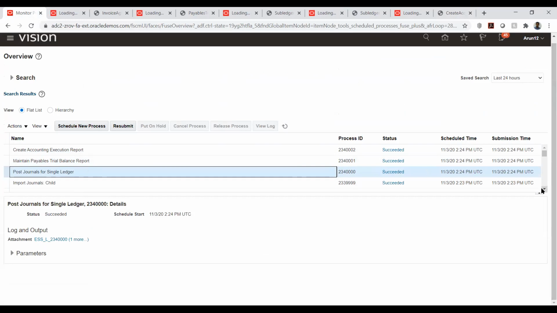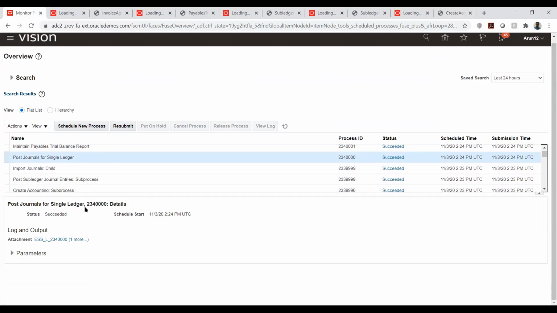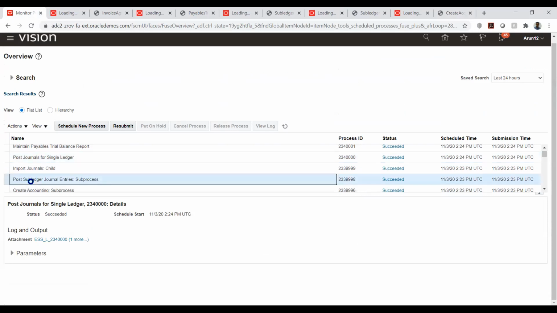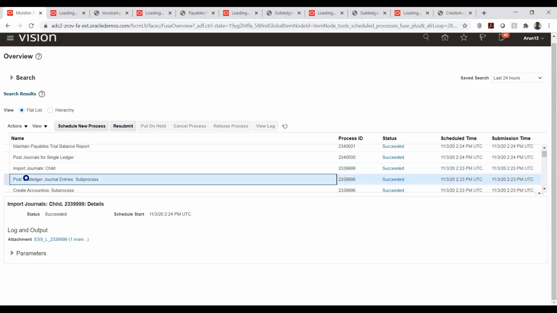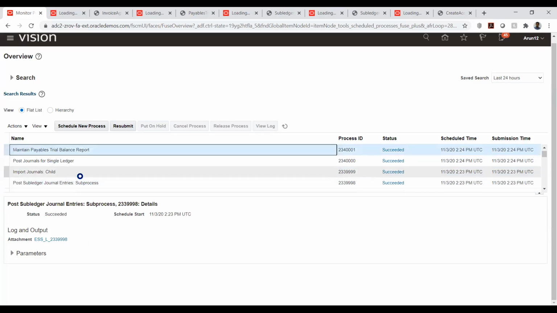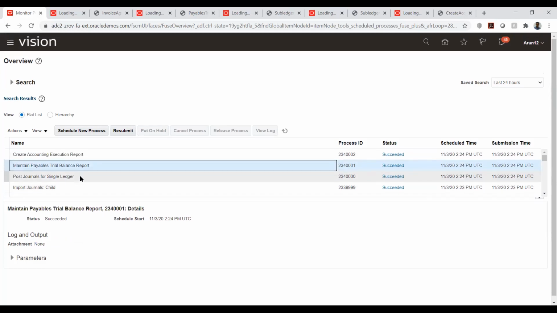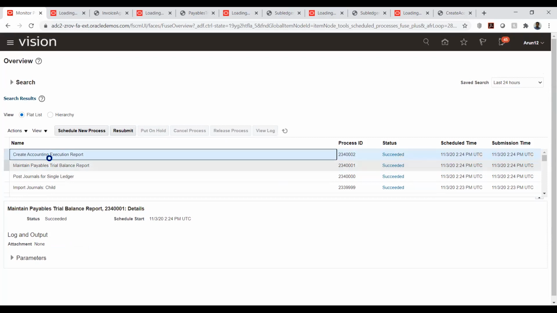So here, this create accounting will have sub processes as child processes. That is import journal, and it will have post subledger journal entries, and it will have the maintain payable trial balance report. Also, it will have the final execution report.